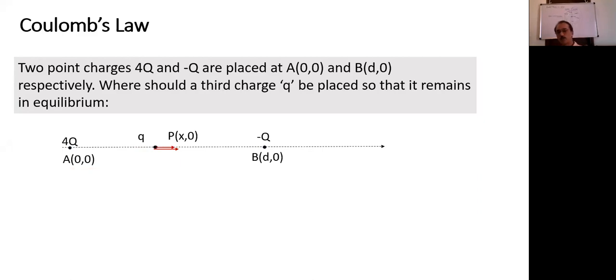Now let's do a similar question if you have followed. What is the change in this question? Earlier, two point charges were equal and of the same sign. Here, one is 4q, the other is minus q. So they are unequal in magnitude and opposite in sign. Where should I place a small q so that it remains in equilibrium? Again, I give 2-3 minutes for all of you to think through and solve. Please try and do that.